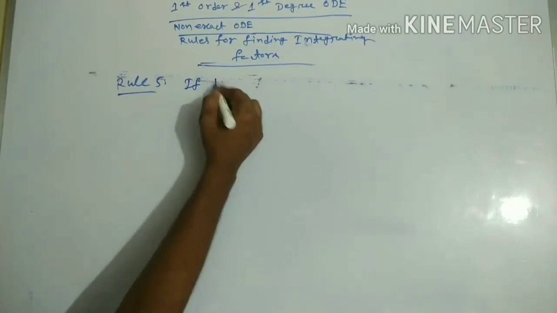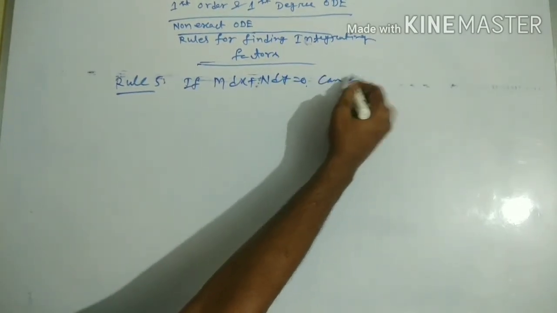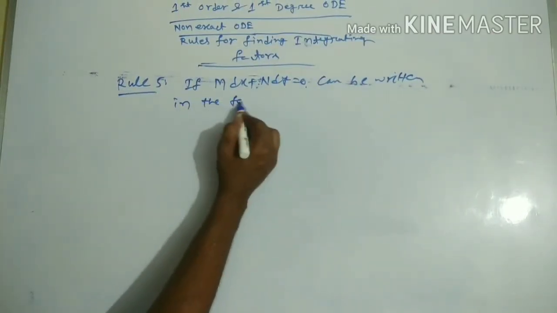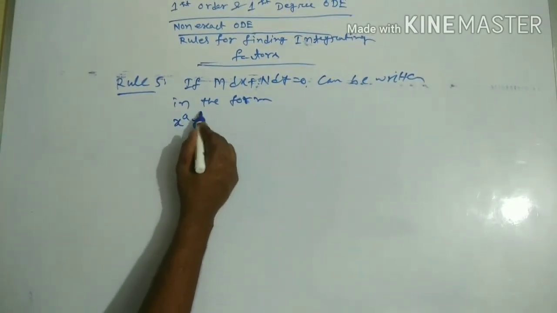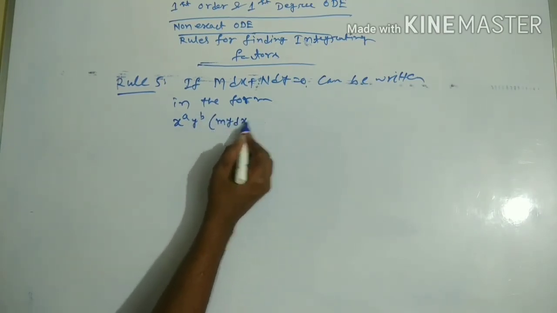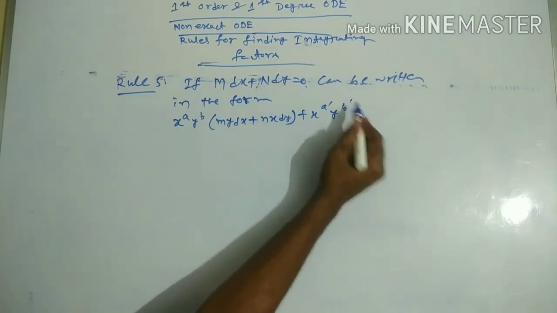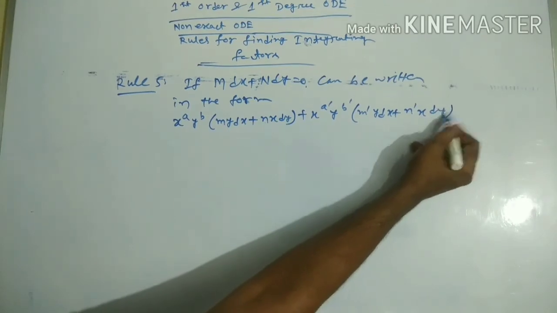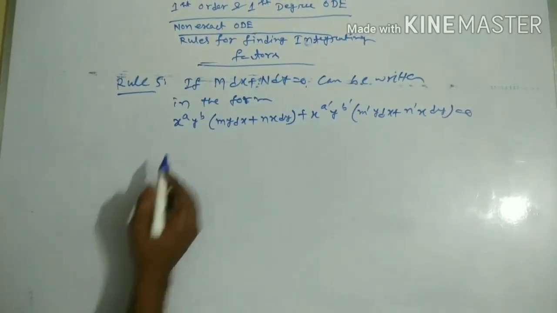Rule number 5 states that if M dx plus N dy equal to 0, the general form, can be written in the form x^a y^b (my dx + nx dy) plus x^a' y^b' (m'y dx + n'x dy) equal to 0. If this equation can be written in this form, then